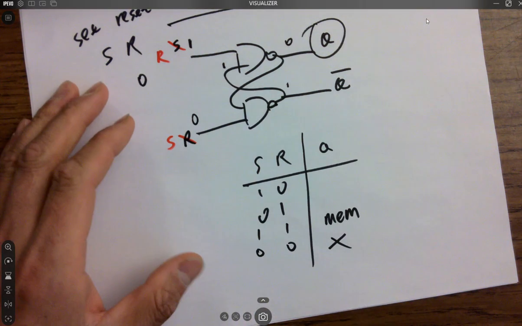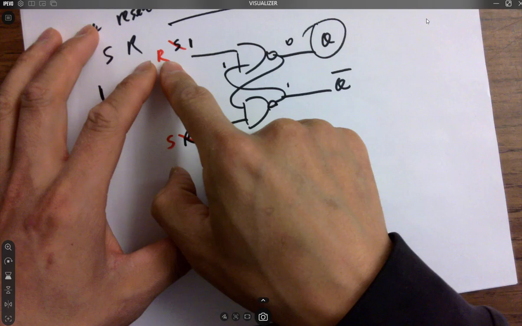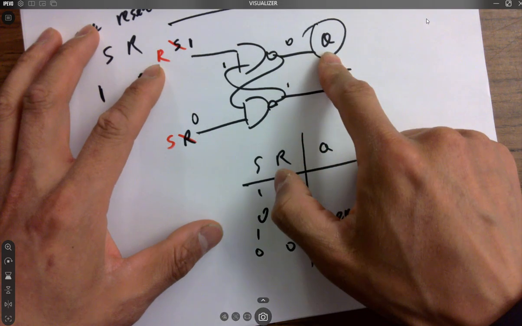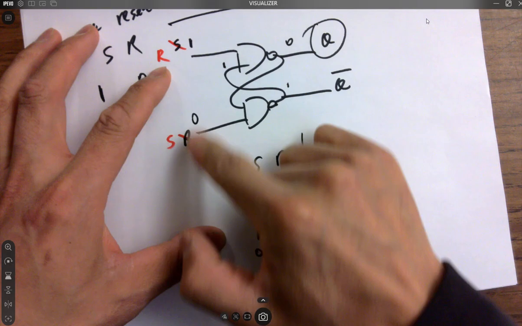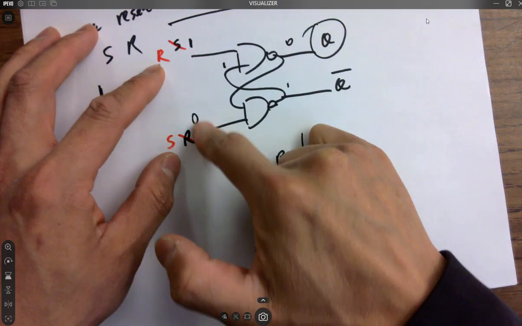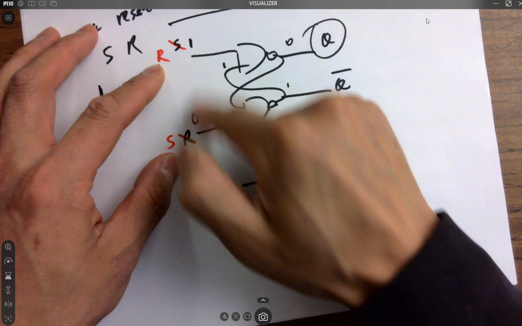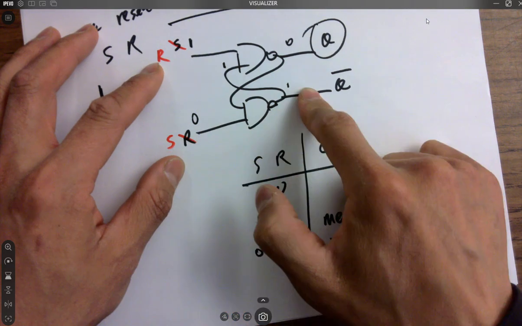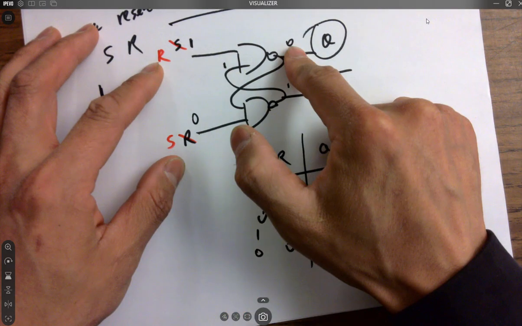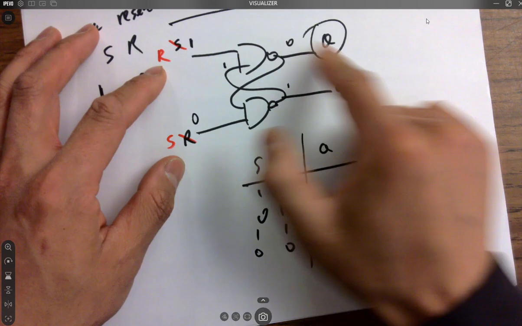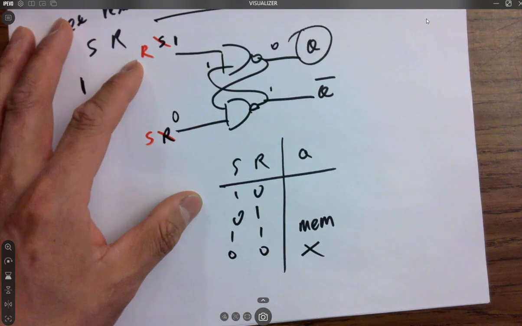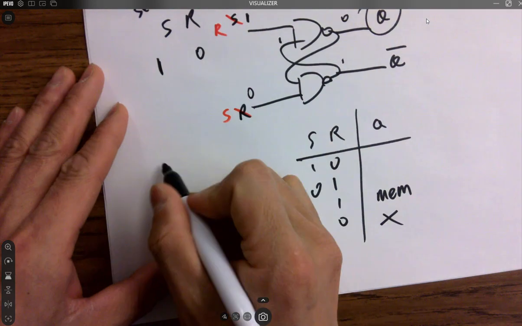So now we are trying to reset Q, which means we need a 0 to Q. Okay, so we turn on R and turn off S. So it's 10 RS. And this one gave a 1 and eventually got a 0 here. So Q is reset. So whenever you turn on R, you are resetting it. Good, right? For the NOR gate version,